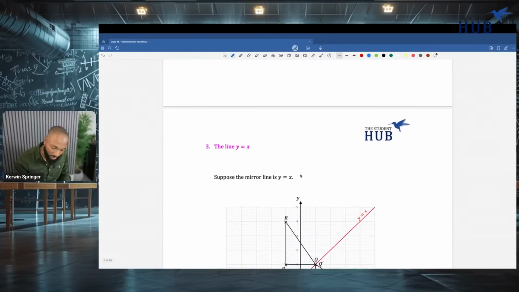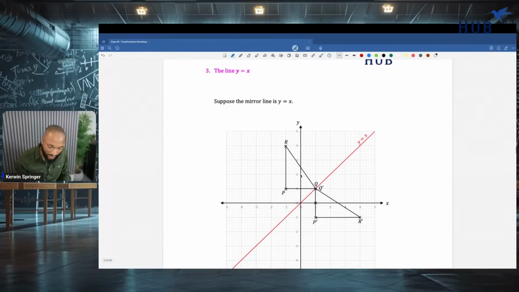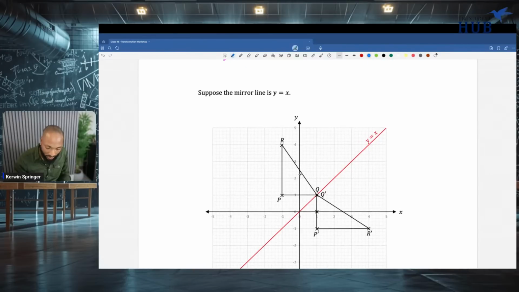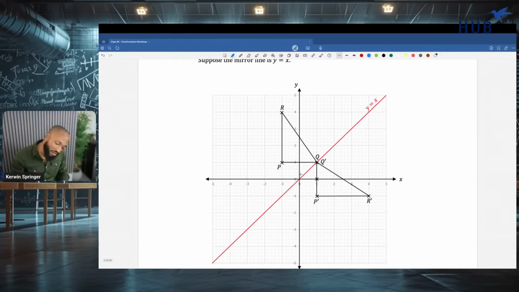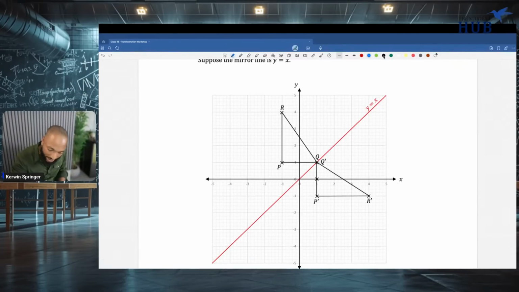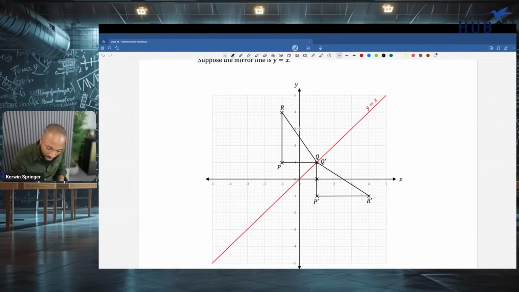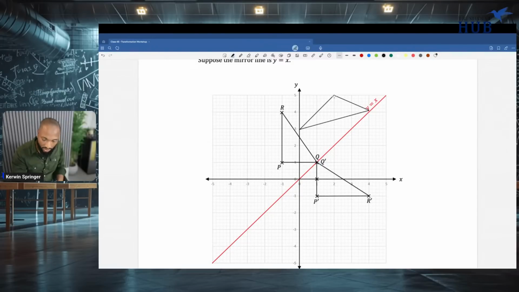We saw some reflections in the line y is equal to x. That's very popular as well. Notice the kind of vibe you get when you reflect stuff in this line. Let's make a random triangle like this one here. This point is on the line, so we can fully expect the reflection to be on the line. So how do you figure out this point?